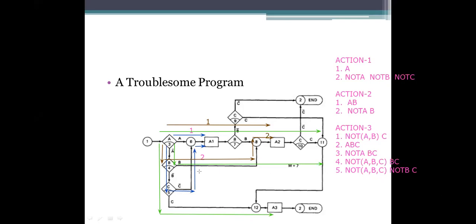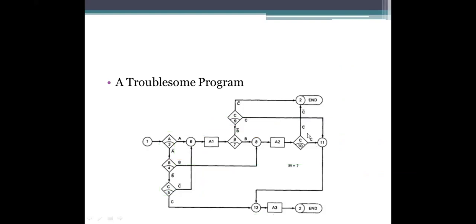And the next one, what is not A B C, not A B C, and then next B C. Not A B C means this one, not A B C here, and then we are reaching to the point this one and B C. Again we are getting into the 11th. So likewise we are plotting. This plotting what we have used will create us Boolean expressions or the path expressions for processing.